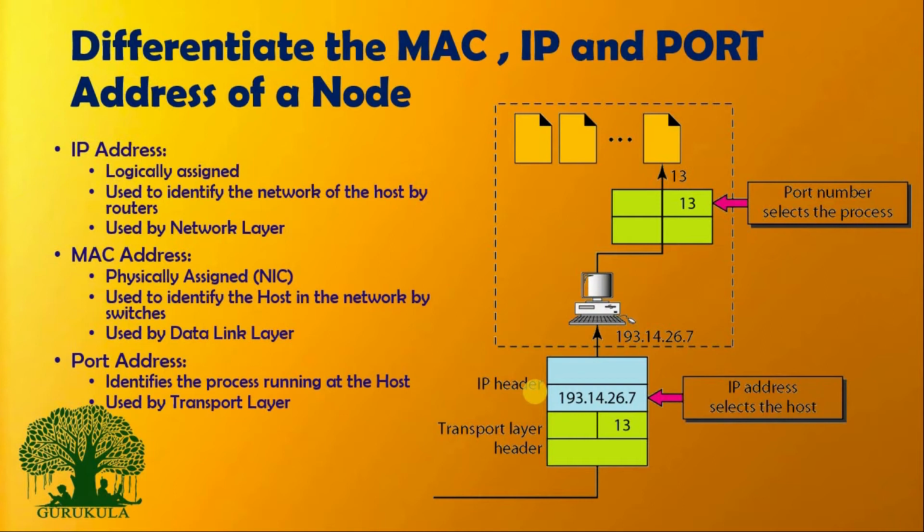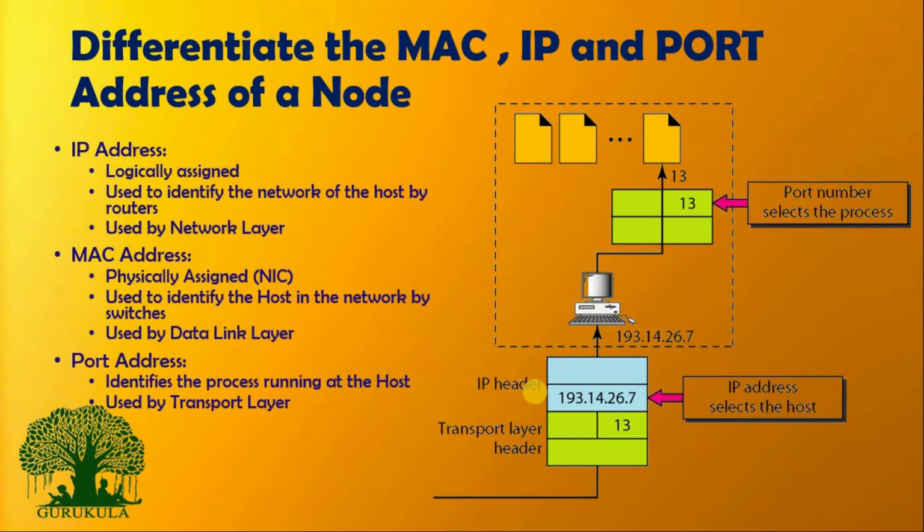So this is used to identify the host in that particular network by the switches. The switches will only understand the MAC addresses, and IP addresses will make no sense as far as the switch is concerned. Your switch operates on the data link layer,